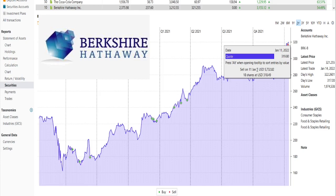This equals the money I invested in the first place. And so now just my gains run here, with the 10 shares left in Berkshire Hathaway. I didn't want to sell the whole position because I really like to be invested in Berkshire Hathaway. It's a great base investment, and I'm quite sure that in the next dip, in the next correction or crash, I will add again to Berkshire Hathaway,